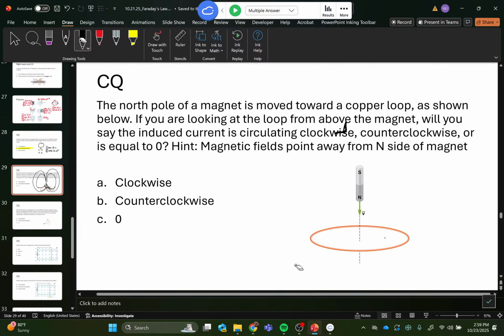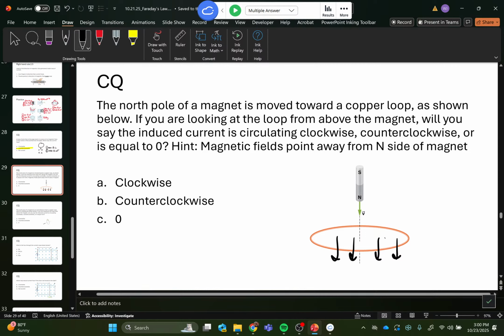So just to make this a little bit nicer, the magnetic field lines are pointed down. Now, as time goes on, I'm going to get more of those. Why? Because the closer you get to a magnet, the stronger the magnetic field. I'm not going to get into the explanation of that. Hopefully, you're cool with it. To explain it, I'd have to explain how permanent magnets work, and I don't